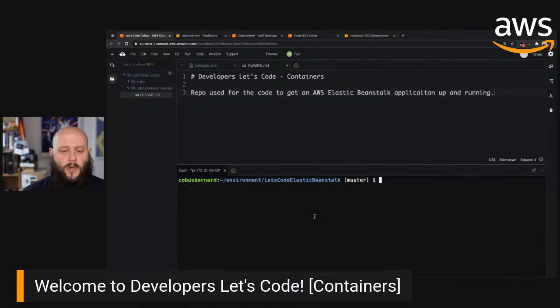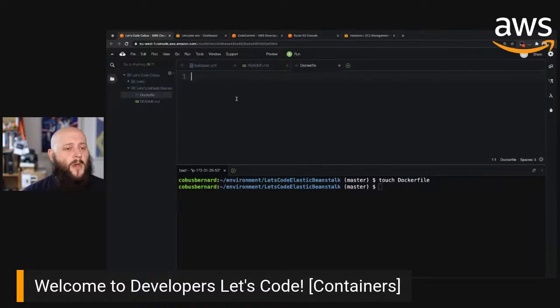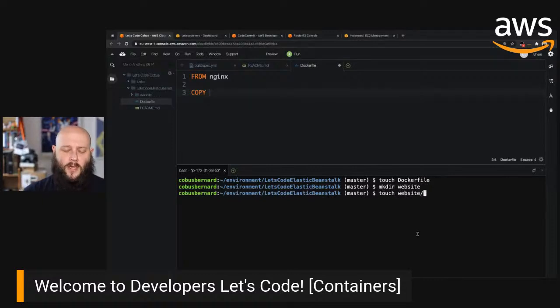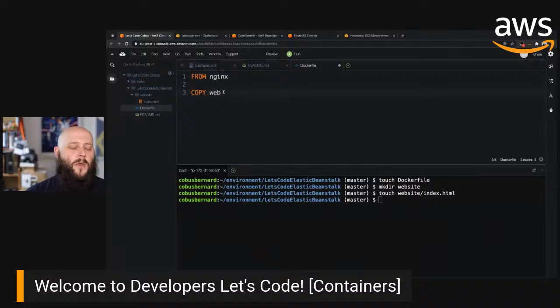For that, we're going to be creating a Dockerfile. So let's go ahead and say Dockerfile like that. And for this Dockerfile, I'm going to be creating from an Nginx image, and I want to just copy a file from a local file. So let's quickly do that. Make the website directory and then touch website index.html. Cool, and we will get to that. And now we're going to say copy website